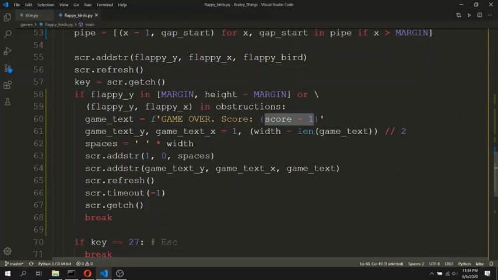So we can easily fix this by calculating the maximum of 0 and score minus 1. That is, if the score becomes negative, this max function will move the score up to 0.